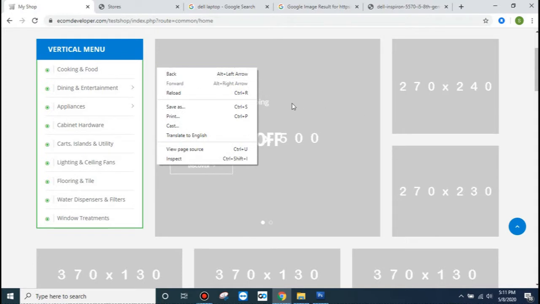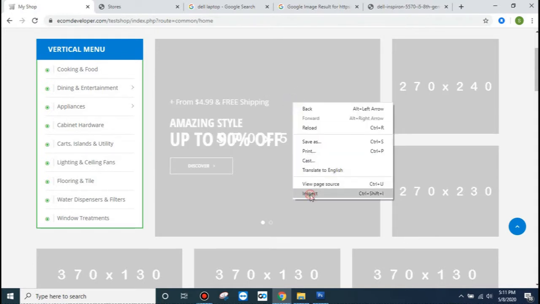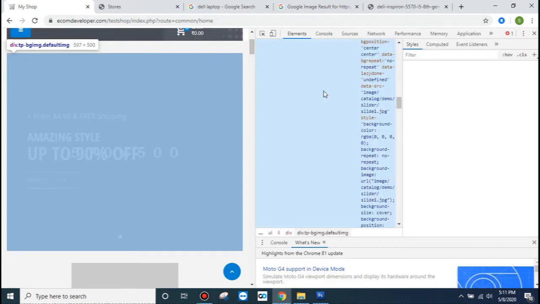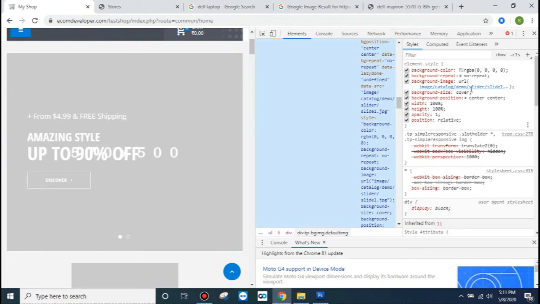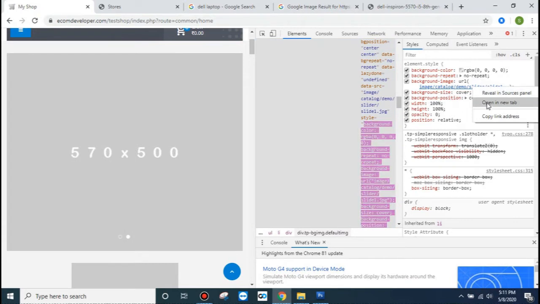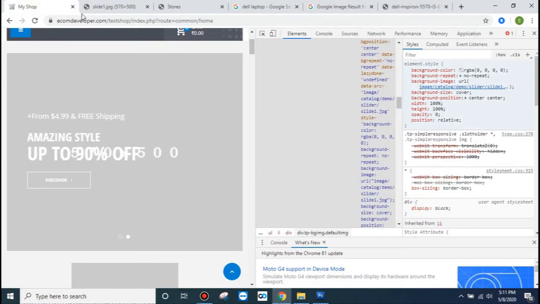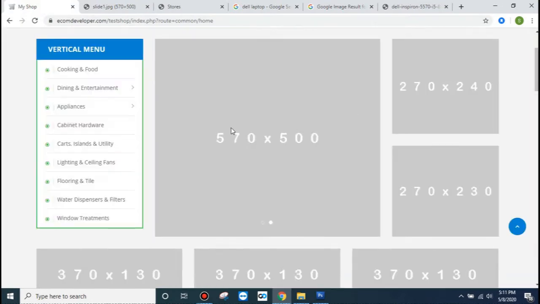In that case, simply click on inspect, and a new window will open, and here you will see the image link. Click here, open in new tab, and you can get this image, and you will see the image size is written again here. This way you can get the information about the dimensions, in what dimension you need what kind of images.